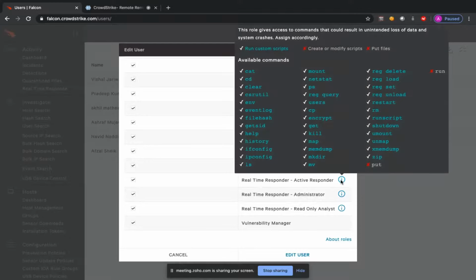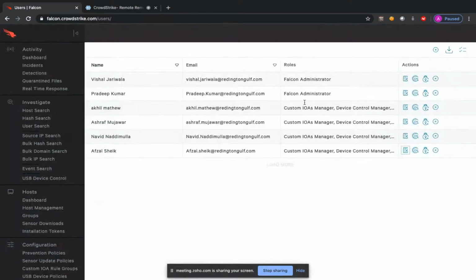And then you have the active responder, in which the only thing that you cannot do is that you'll not be able to put in a new script or put in a new file. Okay. So, you'll still be able to run the script which is present on the remote endpoint, but you will not be able to upload anything from your system onto the end system for the remote response and remediation, right? So first we define the roles, right? If you would want it to be a read-only analyst or responder or administrator. After you define that, you go to the hosts pane,